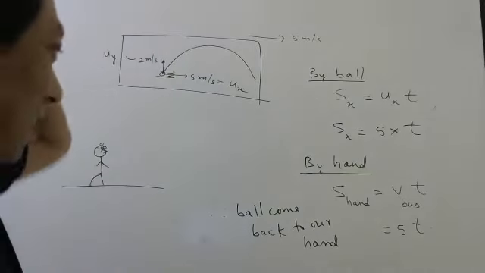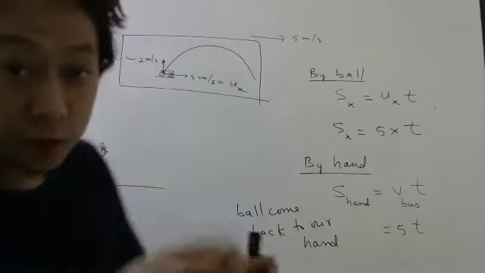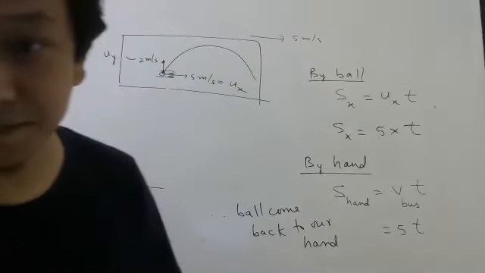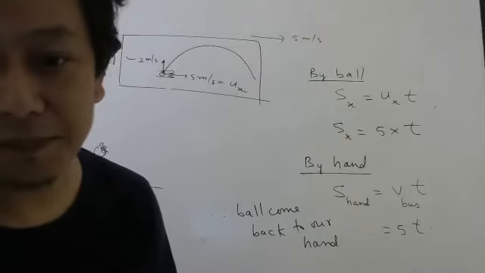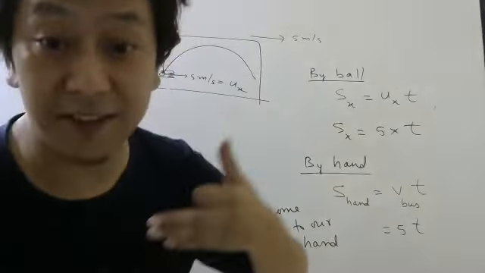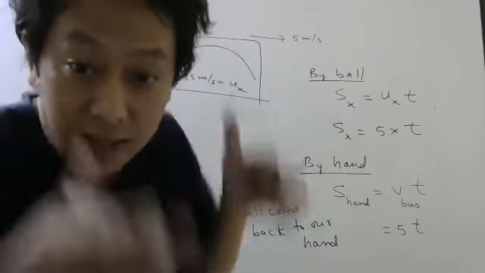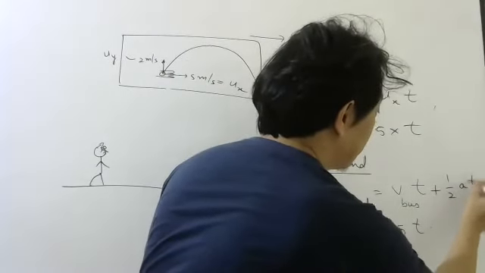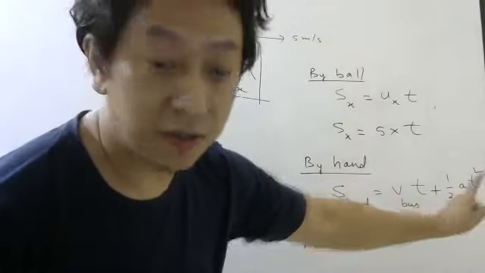Okay. One more. Now tell me, what if when you are throwing the ball up, the driver accelerates? Then the ball will go behind or in front? Behind. Why behind? Because if your bus accelerates, your body is in the bus only. So there will be half a t square. Yes or no? Half a t square will be there.